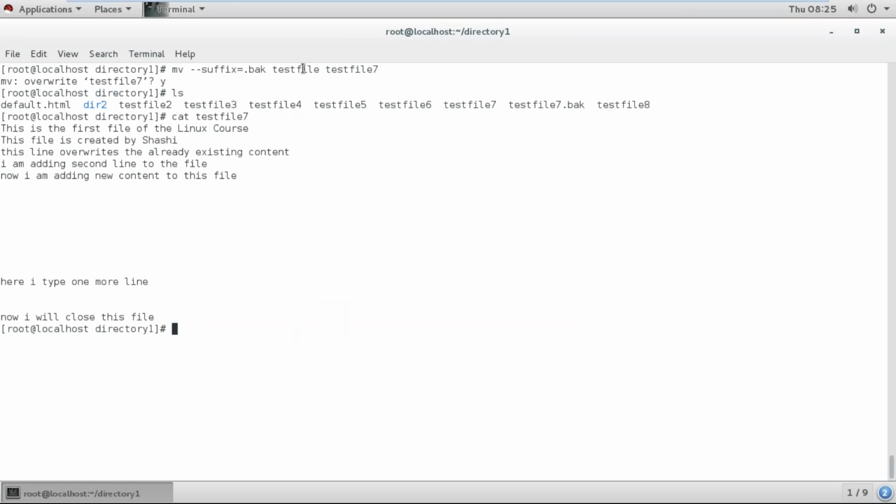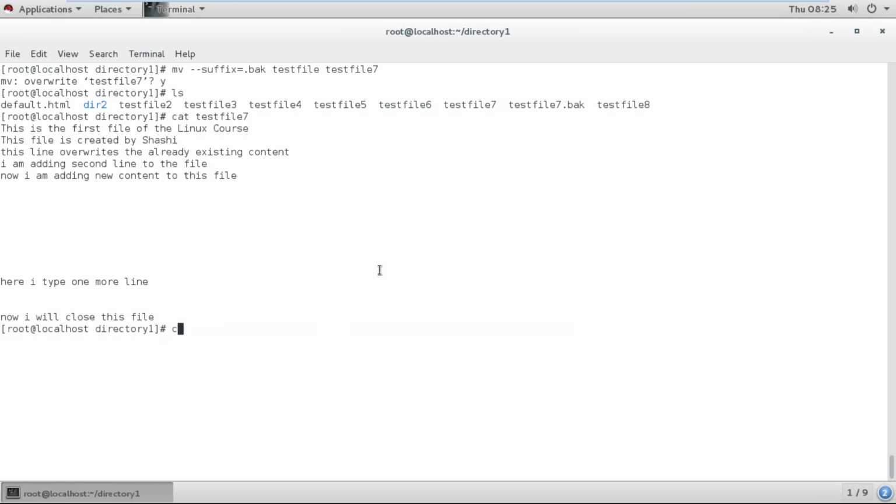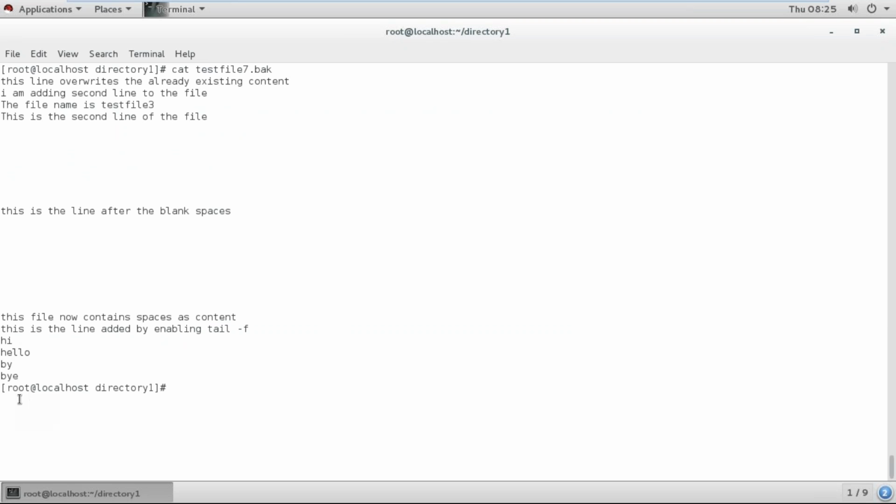Earlier test file contained this line. Now I will close this file. Now if you go and see this test file 7.back, okay, this is the content of the old test file 7. Now currently test file 7 is